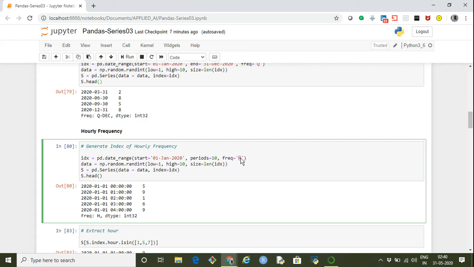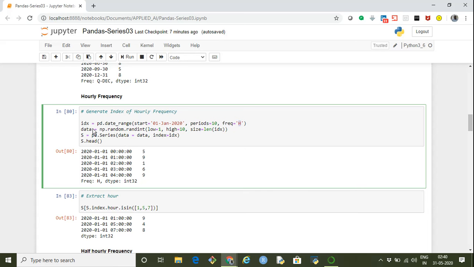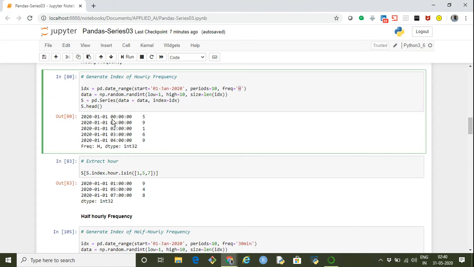So for every hour it will generate one index. And the rest of the things are the same. We are generating data using randint, creating a series. If we print this series, you will see that this time it has hourly frequency, because this is what we specified. So 0 hours, 1 hours, 2 hours, 3 hours, 4 hours, and so on.